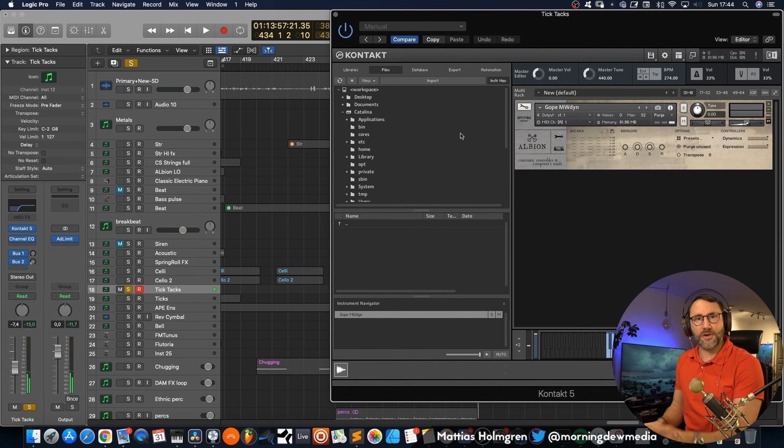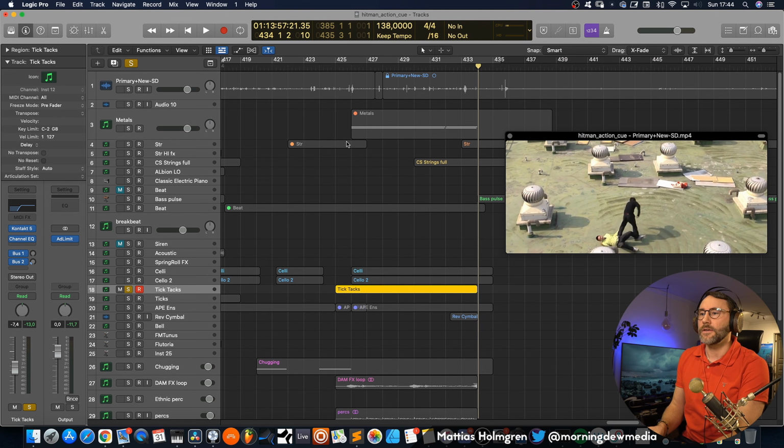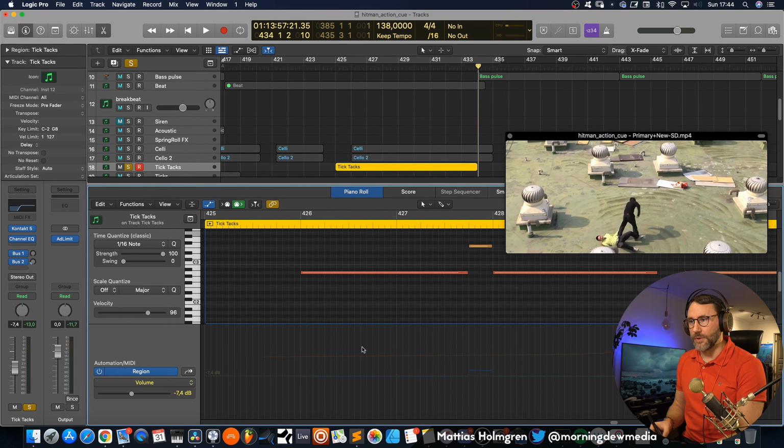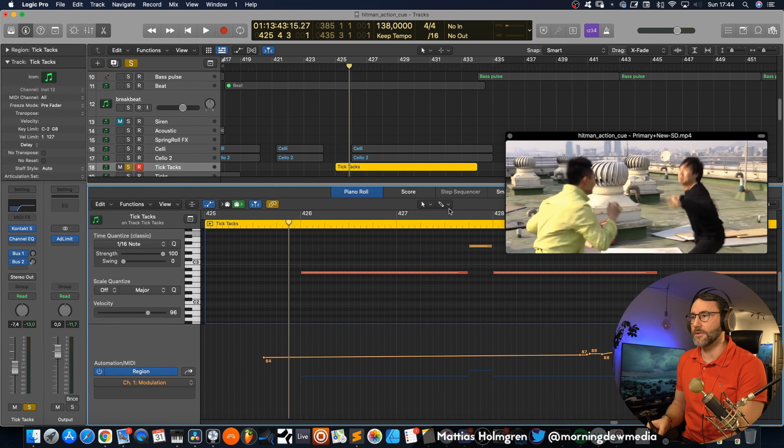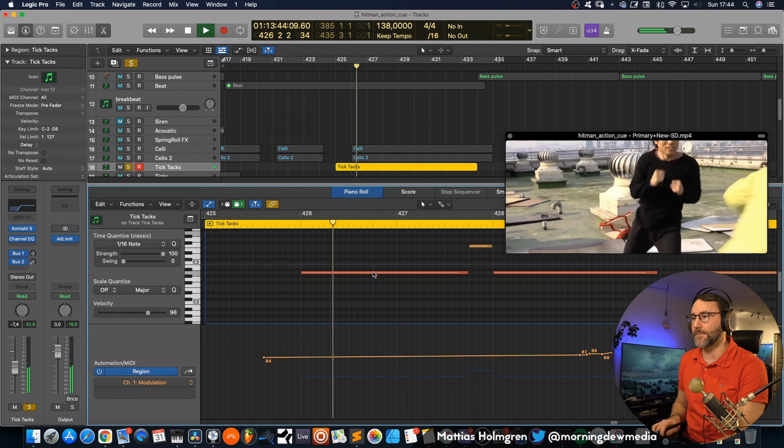So you can hear it, a very interesting rhythm in that sound, and that's actually a patch from the Albion package called Gope, which is controlled via the mod wheel to open up and make it more profound in the mix.